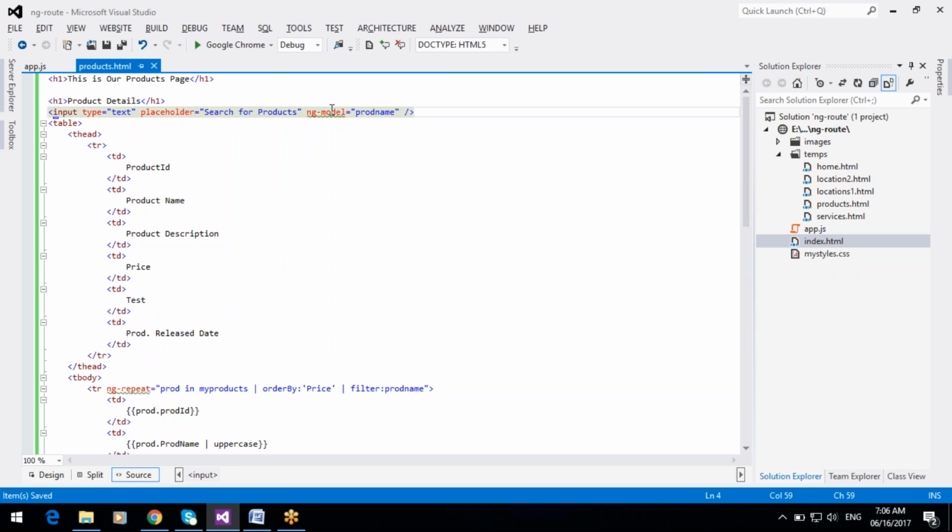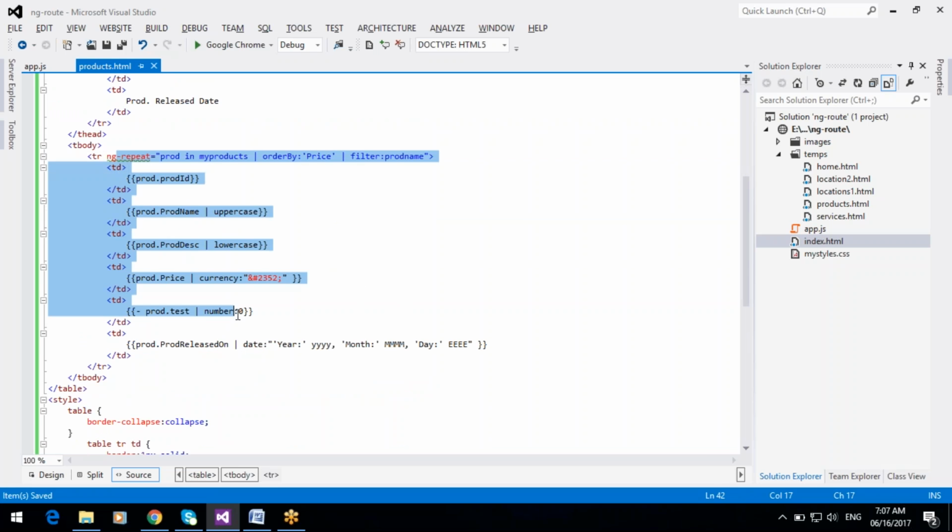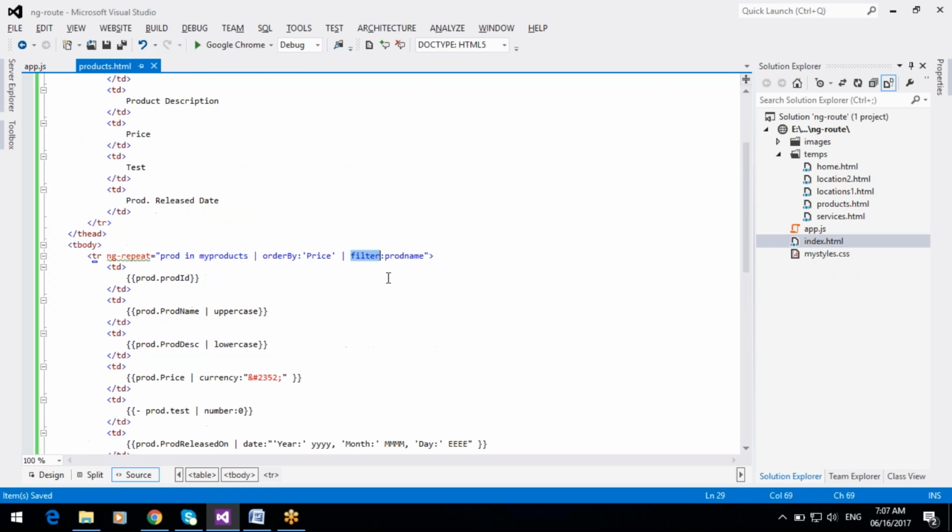Whatever you type in the text box, the product name will be searched in the list, searched from this object, and that product is displayed in the table format. This is the filter.